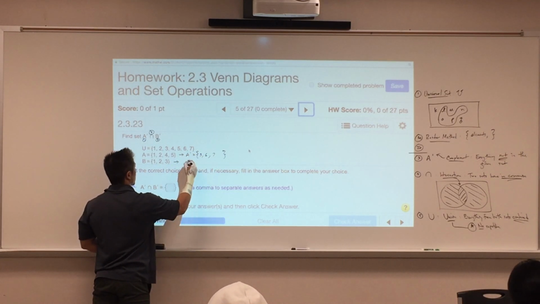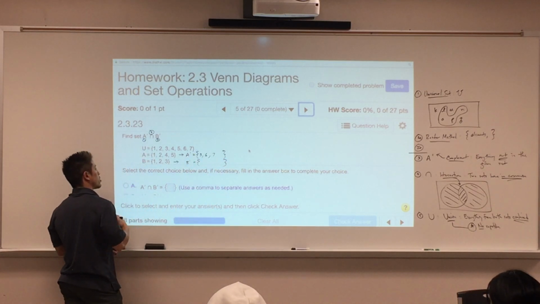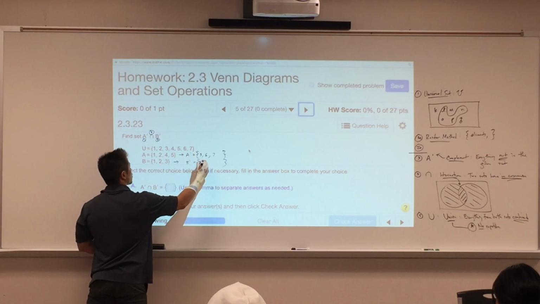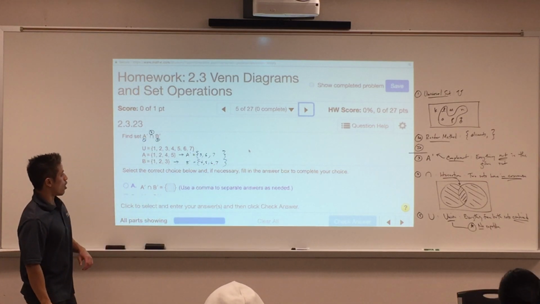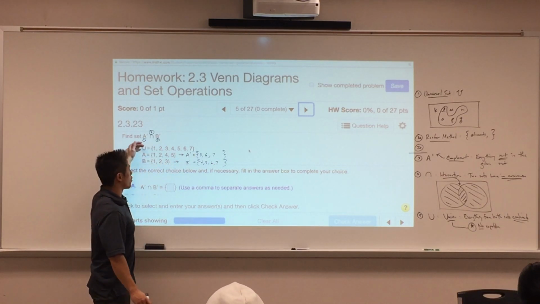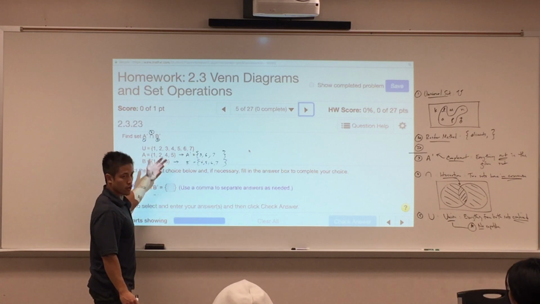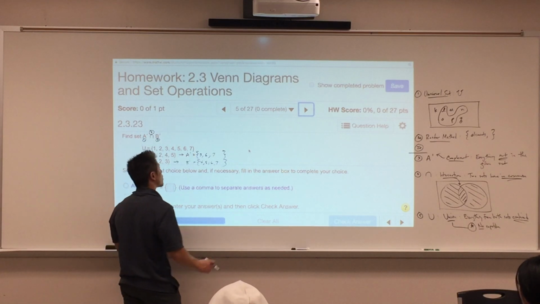What else do I need to get? I need to get B complement. What is B complement? Everything not in B. So I don't want 1, 2, and 3 over here. What I do want is 4, 5, 6, and 7. All of my complements have elements from the universal set. They don't have the elements from A and B. I'm good to go. Now, that's not the answer, of course, because what we need to do with that is